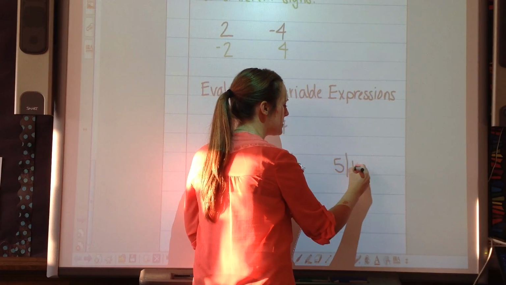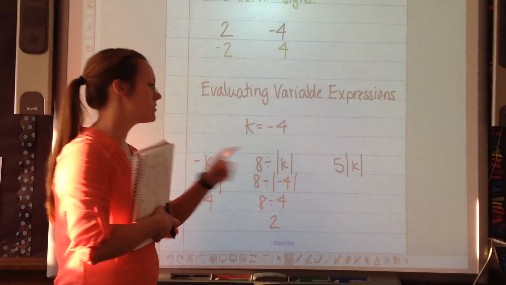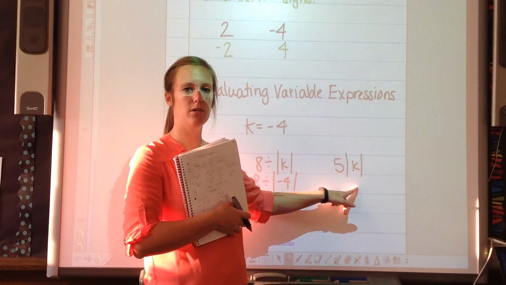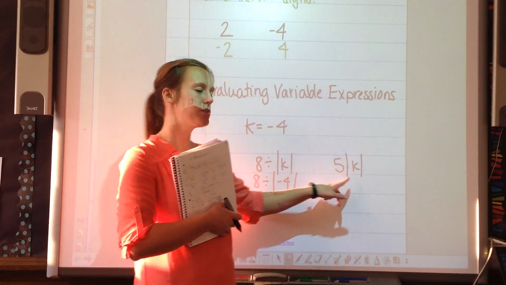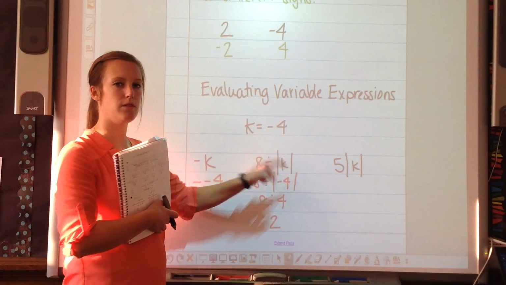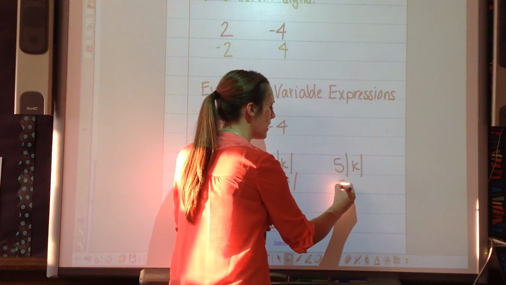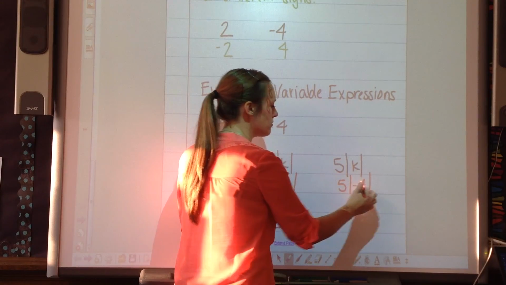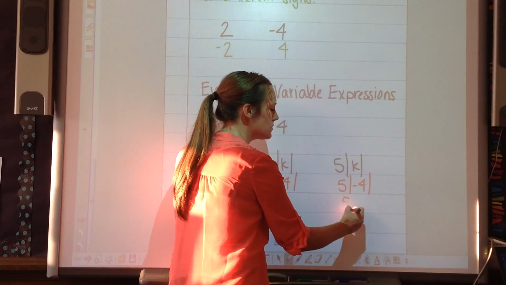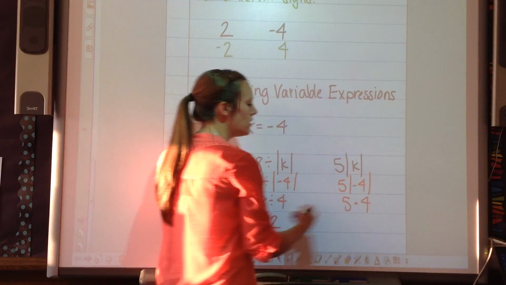5, and then we have absolute value bars around k. When there's a number next to a set of absolute value bars, it does mean multiply. But just like the last problem, you have to fill in the value of k before you can do any operations. So 5, absolute value of -4. -4 is 4 spots away from 0 on the number